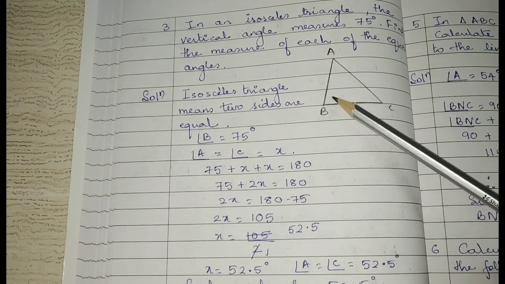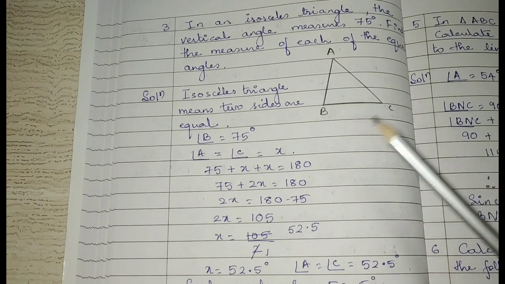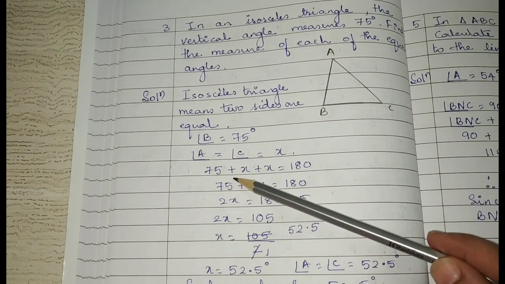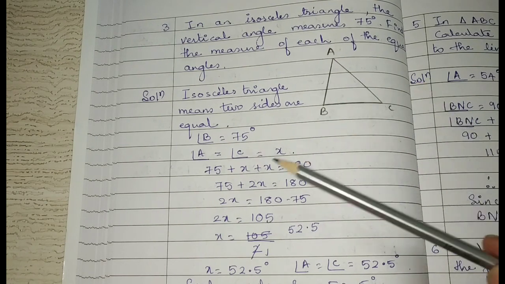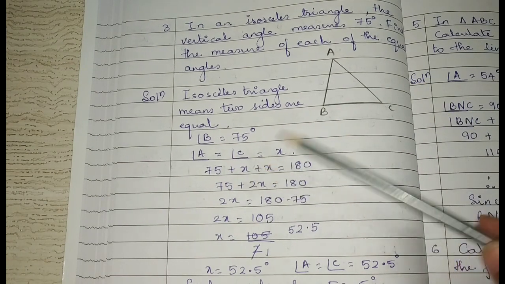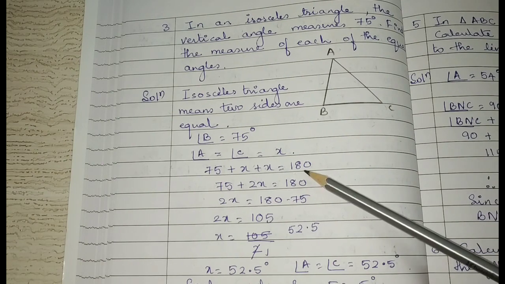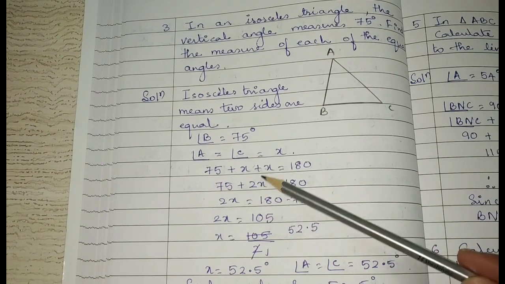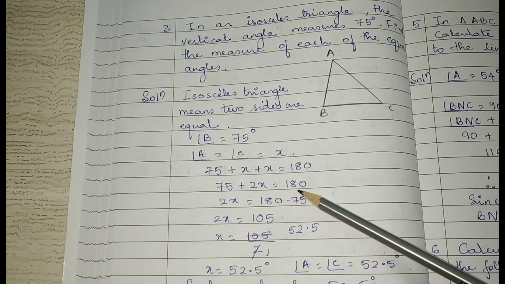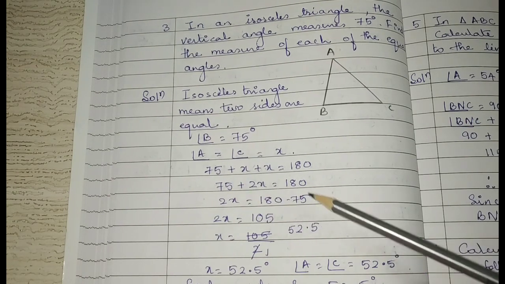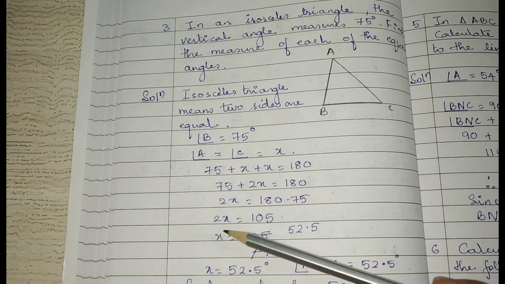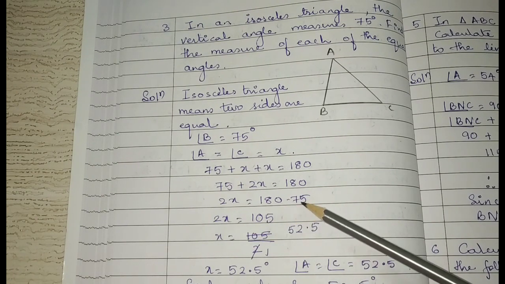This one angle B. तो ये vertical angle है तो 75 है. तो 75 plus that is angle B plus angle A plus angle C is equal to 180 degrees. So 75 plus X plus X, so 75 plus 2X is equal to 180 degrees. 2X is equal to 180 प्लस 75 को इस साइड लेकर है तो माइनस 75 हो जाएगा। तो 2x इज इक्वल टू 180 माइनस 75,